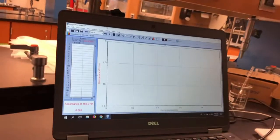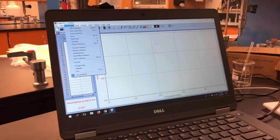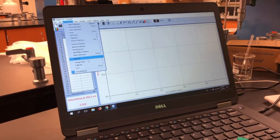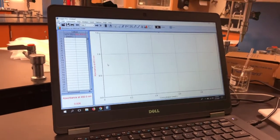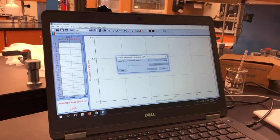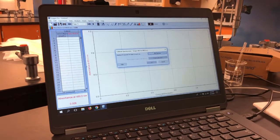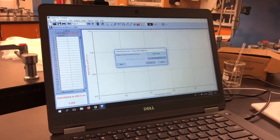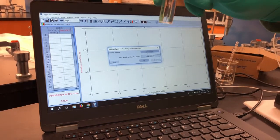So again, following your directions in the laboratory, we are going to calibrate the spectrometer 1. Here we're going to get the warming up of the lamp. Now the lamp has already been on for a while as we were filming Dr. Nazir's videos. So I'm going to skip the warm up, and then I'm going to take the blank,